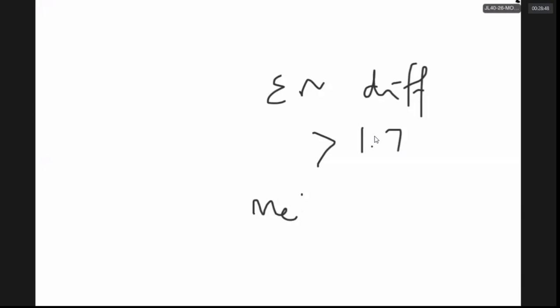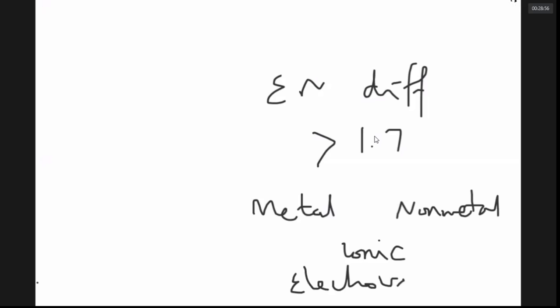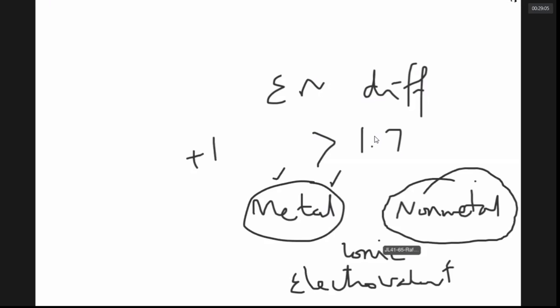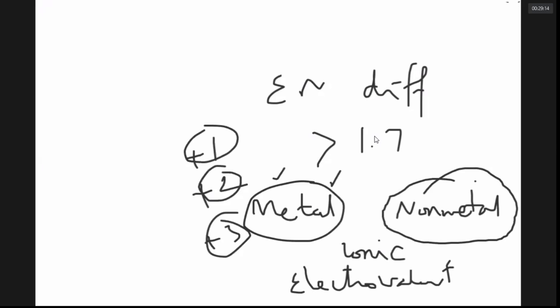If you want electrons to be transferred, one must be a non-metal with more electronegativity, and one must be a metal with low electronegativity. The electronegativity difference must be more than 1.7. One must be a metal, one must be a non-metal. Then they can have an ionic bond, which is also called an electrovalent bond. To make an electrovalent bond, the number of electrons lost by the metal is called its electrovalency. For sodium, potassium, it can be +1. For calcium, magnesium, it can be +2. For aluminum, it can be +3, where this is the number of electrons lost by the metal.